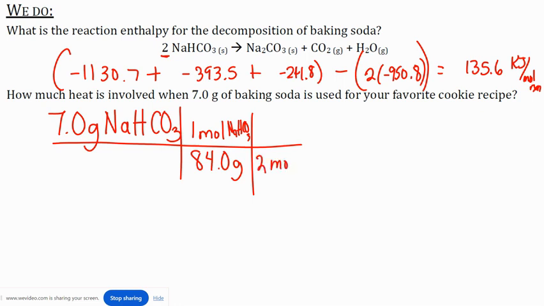So 2 moles of NaHCO3 for every 1 mole of reaction. Every time I run through that process, I'm going to need 2 moles of this. Okay. I also know that for every 1